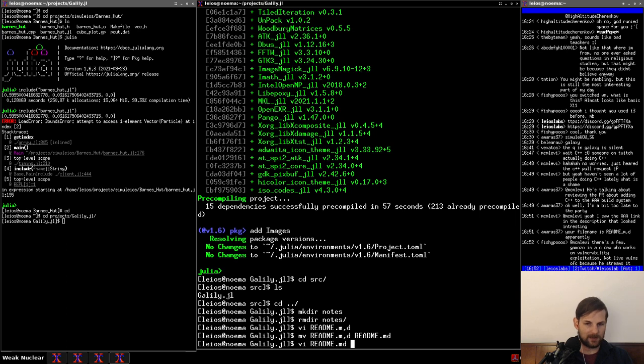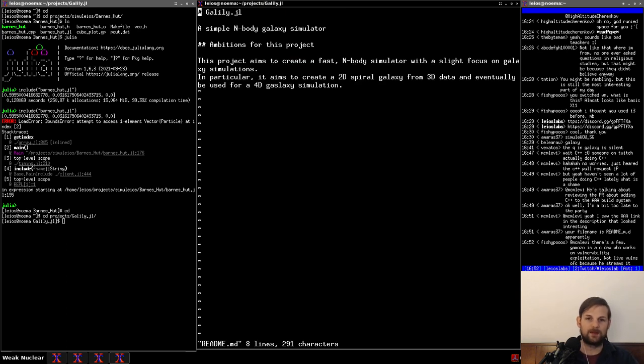So let's go to the readme again. Okay, and I'm just going to see if I can. I can't. I suck. Galaxy. There. Okay, this project aims to create a fast n-body simulator with slight focus on galaxy simulations. In particular, it aims to create a 2D spiral galaxy from 3D data and eventually be used for 4D galaxy simulations where